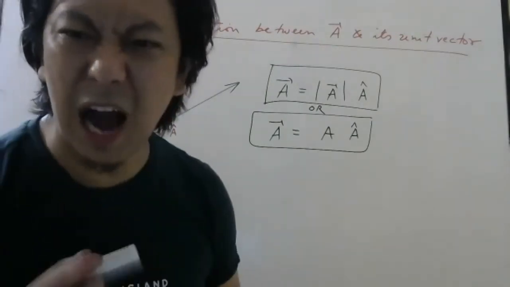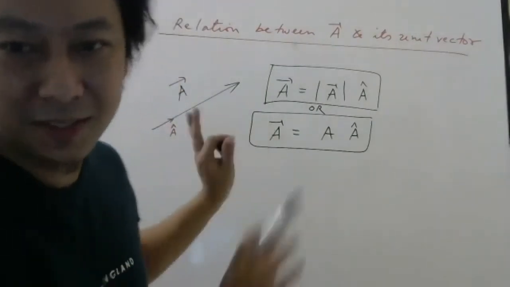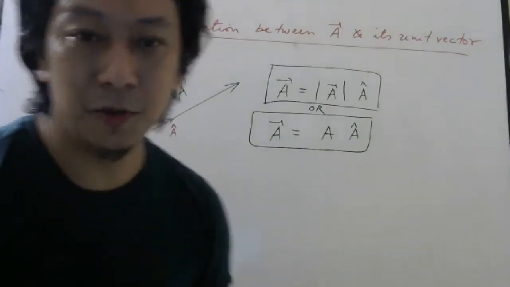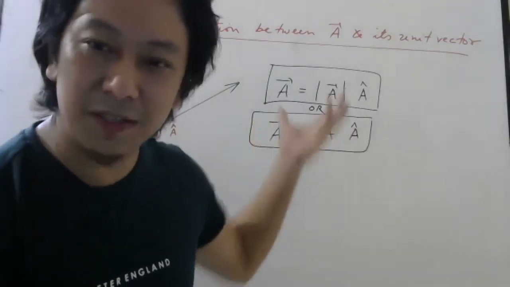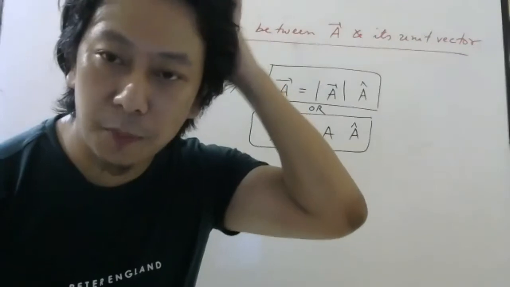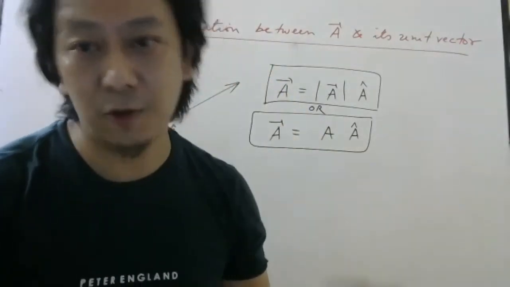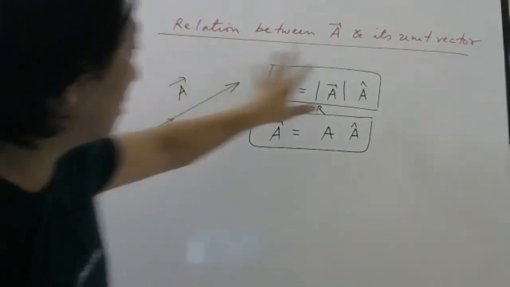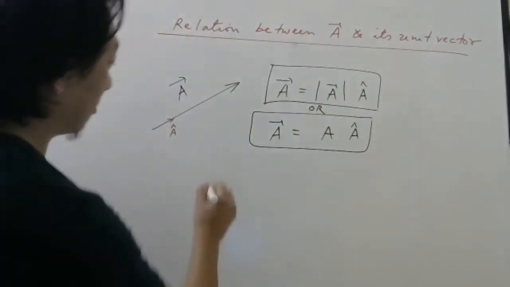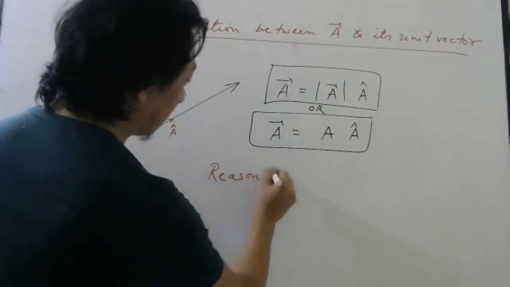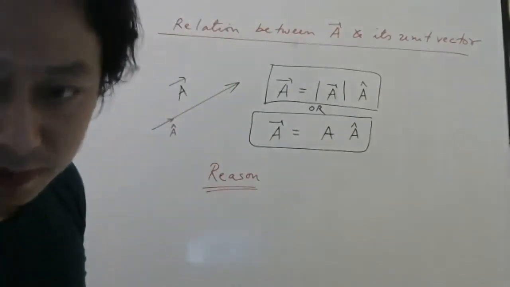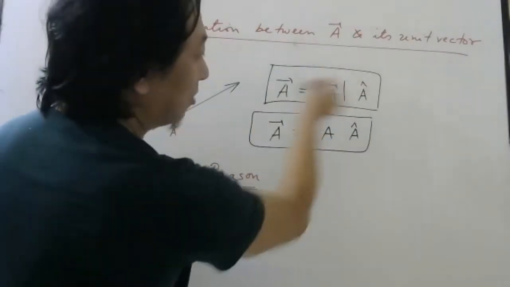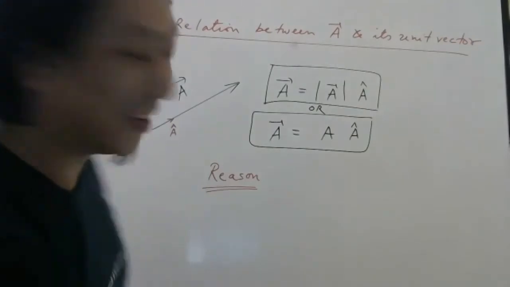Now I used to think: how or why is it like that? Or do you feel it is obvious, or do you think about how it is coming like that? In textbooks, you will not find any proper reason given for this. So I used to think that if a proper reason is not given, then maybe it is obvious, like 2 plus 2 is 4. Nobody will ask, right? So let us try to understand why this formula is correct. Let us see the reason behind this. Look carefully now. If you are asking me to repeat, it is because you have not understood how this formula comes, which I also used to think. So let me give you the reason.